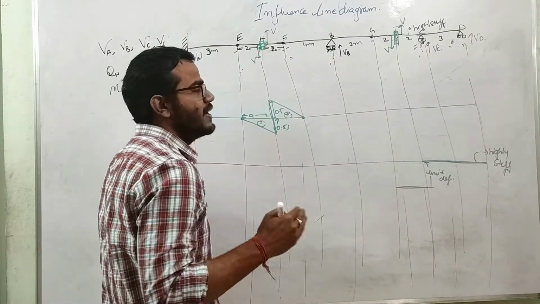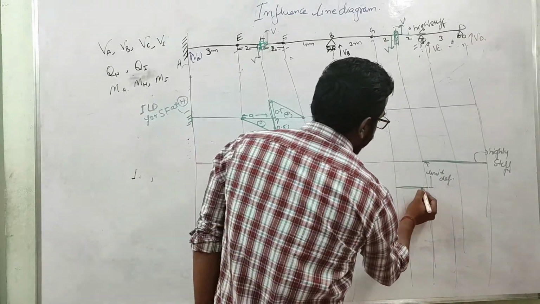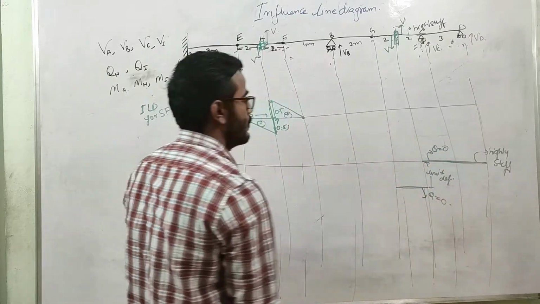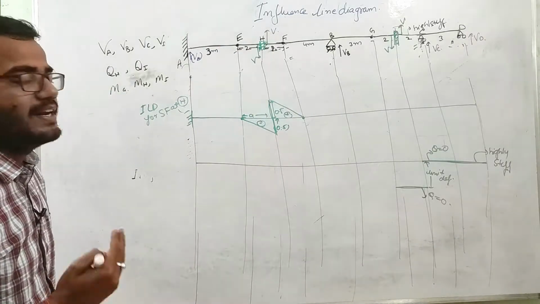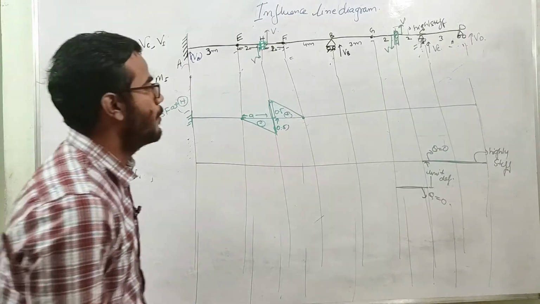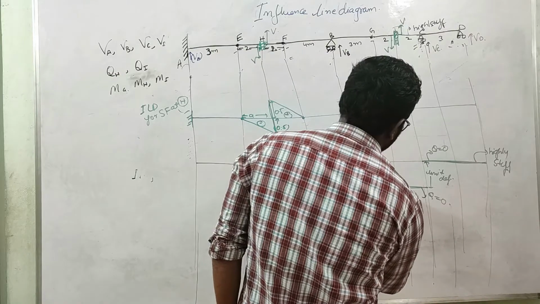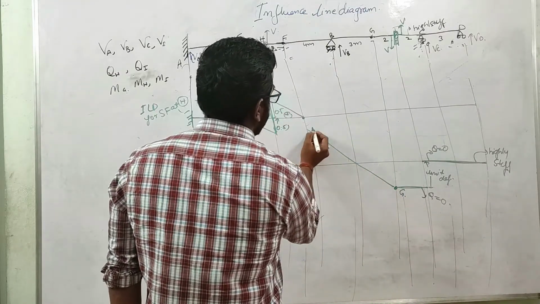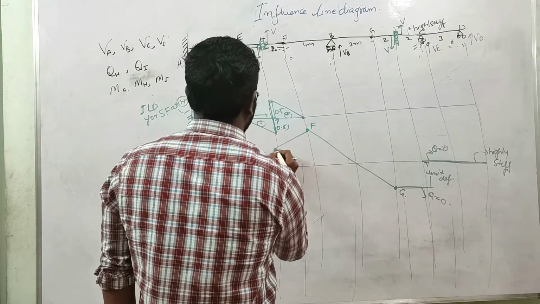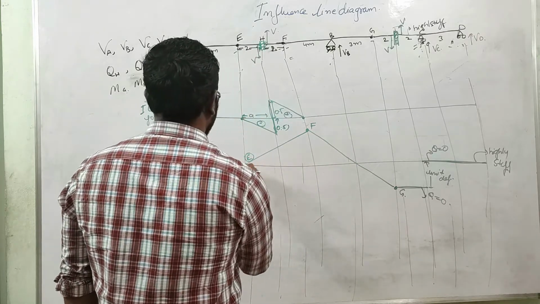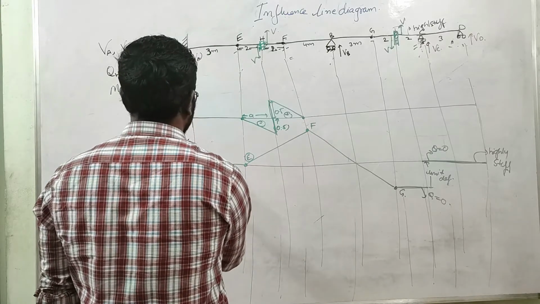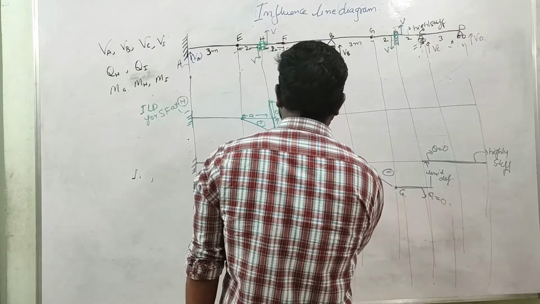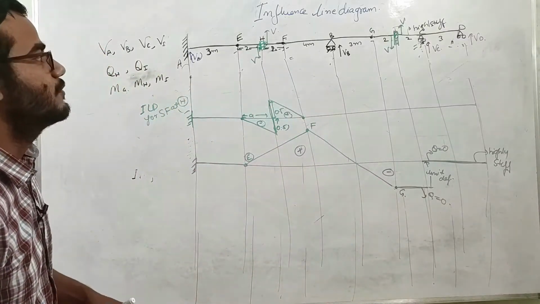Okay, and you can also see that we are not releasing moment at this point. That's why the slope at these two points is 0. Theta equals 0, theta equals 0. Okay, we are maintaining the boundary condition over here. This is the point G. Now at B it will come like this. Again at F it will go upward. This is point E. And this will remain straight. Okay, so this is the ILD for shear force at point I.